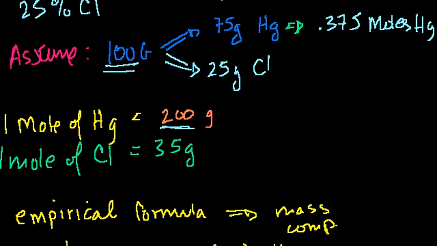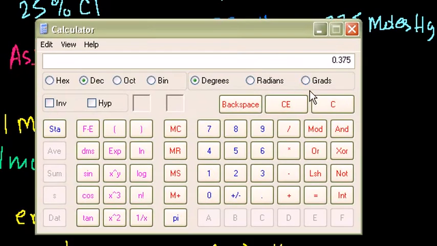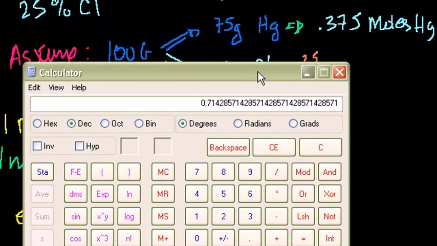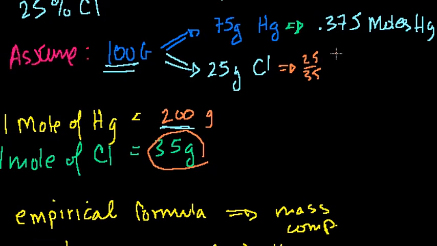Fair enough. Now let's do the chlorine. I have 25 grams of chlorine. 1 mole of chlorine is 35 grams. So I have 25 over 35 moles. So what's that? 25 divided by 35 is equal to 0.714 moles of